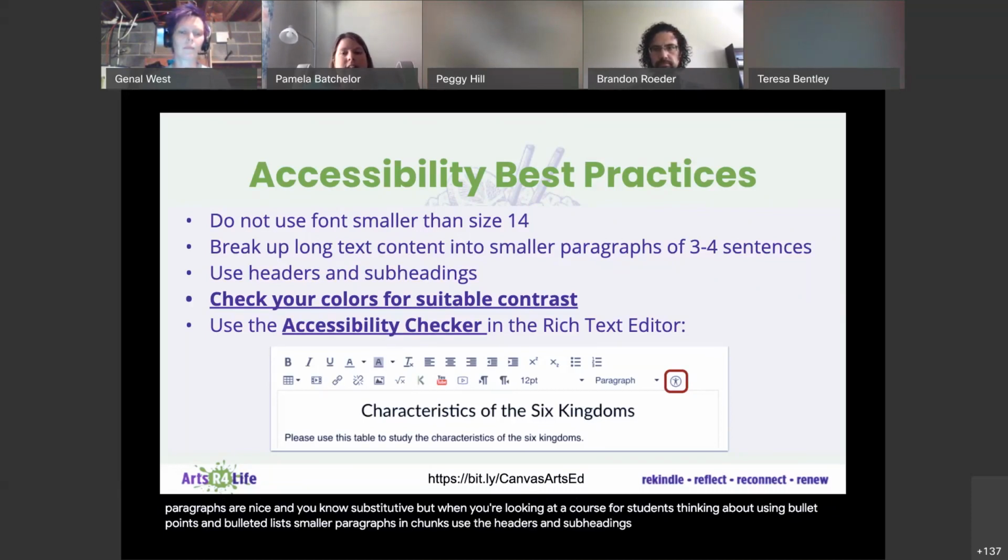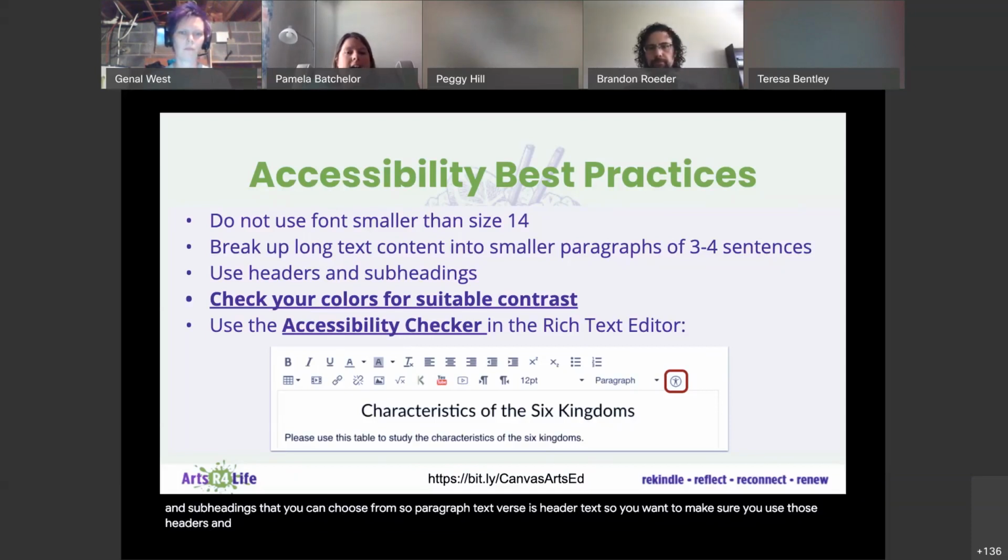I do have a screenshot here of the text editor, and where it says paragraph on the screenshot, that's a drop-down menu, and you'll see the different headers and subheadings that you can choose from. So paragraph text versus header text. You want to make sure you use those headers and subheadings because not only will it keep the formatting on a mobile device,